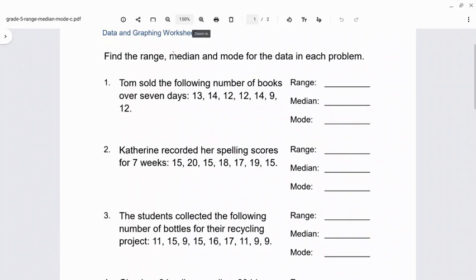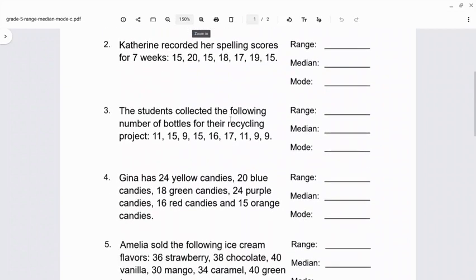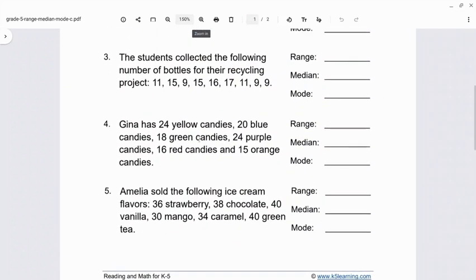The back side of the page where you are working on finding range, median, and mode for data. So if I scroll down, I'm actually going to focus on questions 4 and 5. And we'll do a little review on all 3 of these measures of central tendency, you might call them, but just ways to analyze data. And I want to focus on questions 4 and 5 because there's an even number of data points, which makes